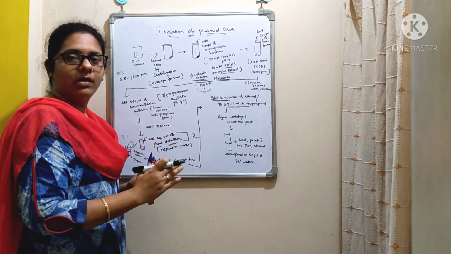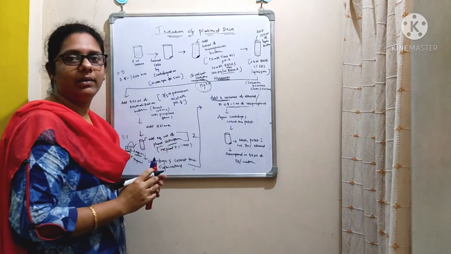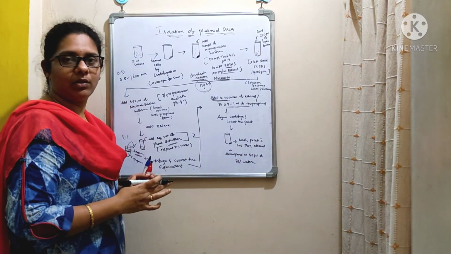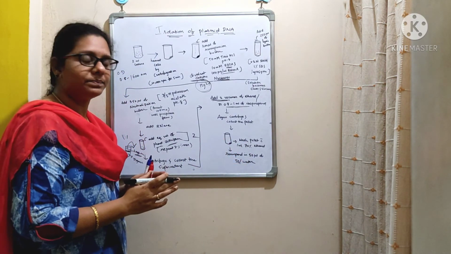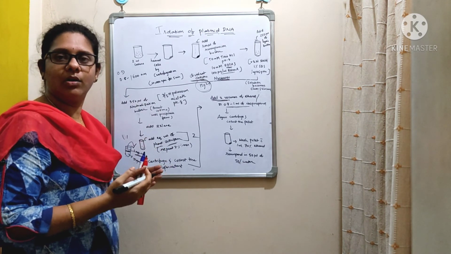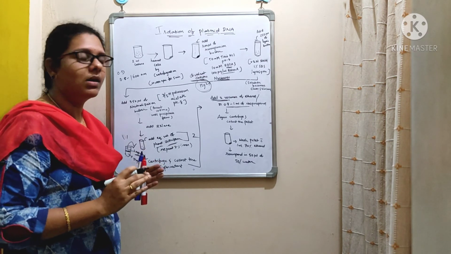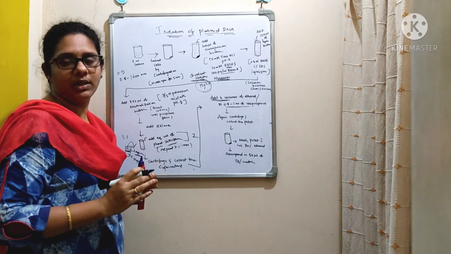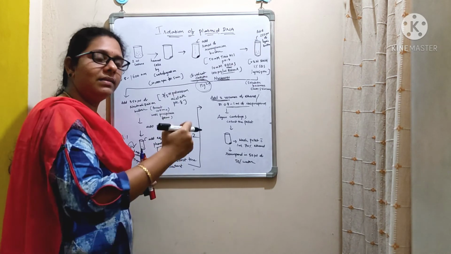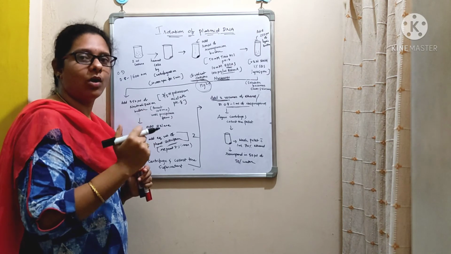You have to collect that pellet, because it contains the plasmid DNA which you are interested in. Before you collect the pellet, you have to wash it. Washing is to be done with 1 ml of 70% ice cold ethanol. Just prepare a 70% ethanol: take 70 ml of ethanol and add 30 ml of distilled water, that gives you 70% ethanol. From that 70% ice cold ethanol, you add 1 ml to the plasmid DNA pellet, and then resuspend the pellet in the ethanol. That is nothing but giving a wash.